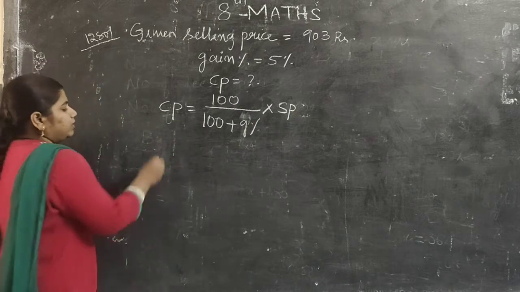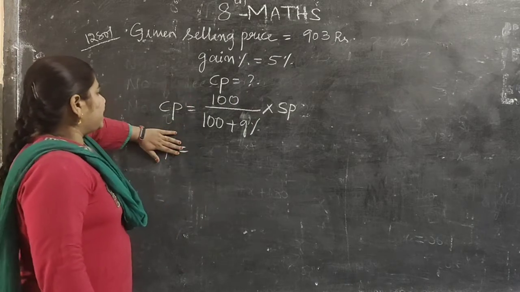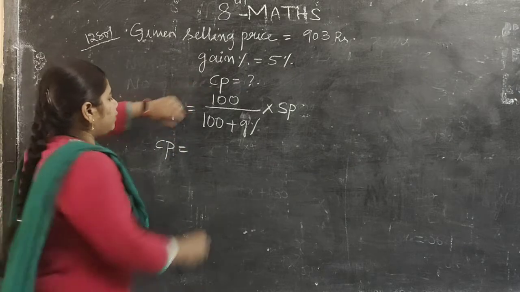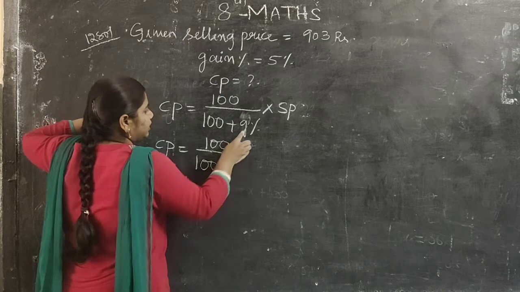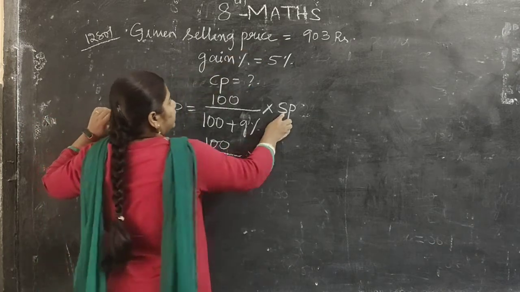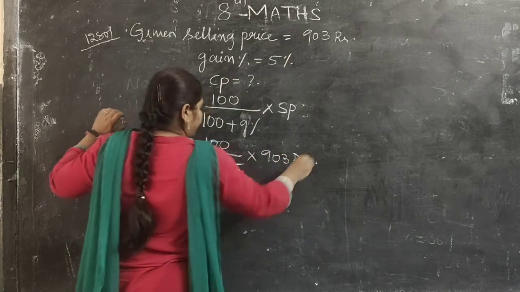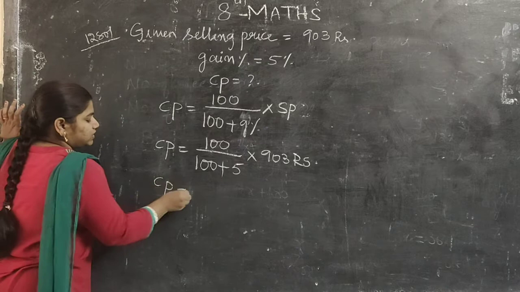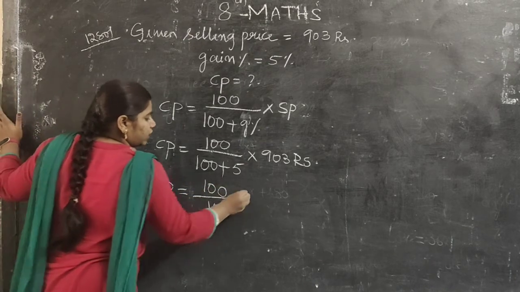So cost price is equal to 100 by 100 plus gain percentage, which is 5, into the selling price, which is 903 rupees. So cost price is equal to 100 by 105 into